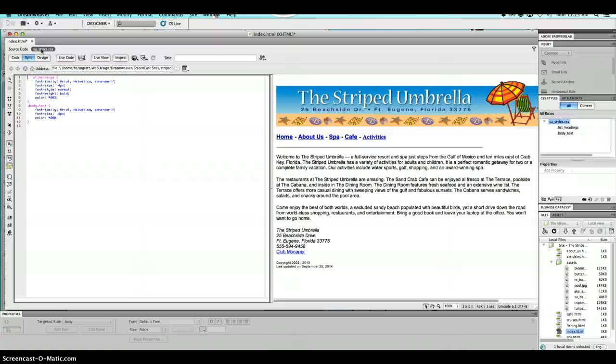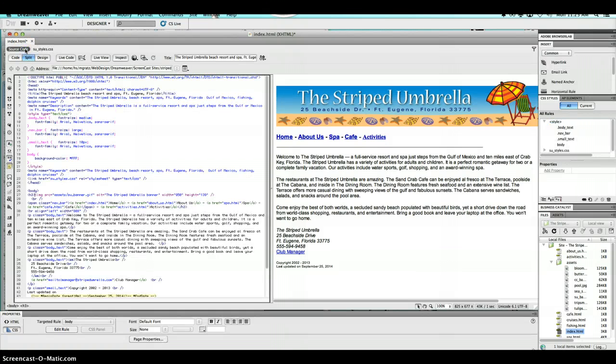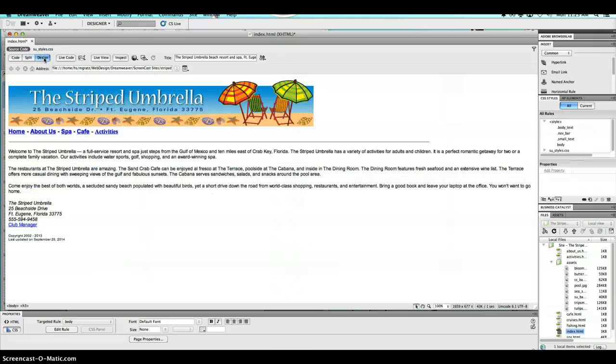Click the source code on related files, and what that does, the code for the HTML files appear on the left. We're going to go ahead and click the Design View button, and we're going to turn to page 328,